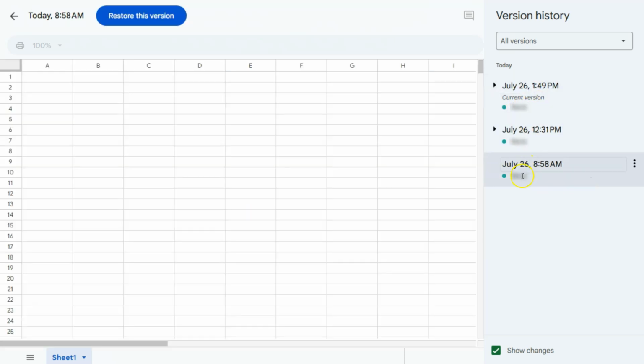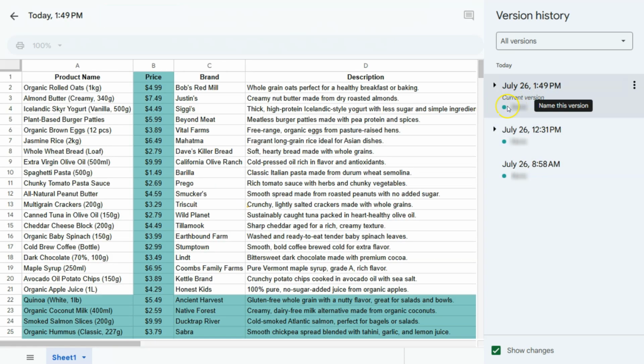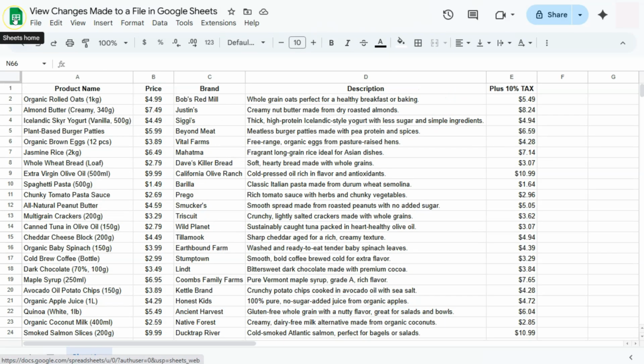So again, you have the date, time, and the person that have made those changes. And that's the color pertaining to that person. So whoever made those changes will have a different color corresponding to their name with changes that they have made on this spreadsheet. If we go back and you've just noticed something different and you want to see what changed